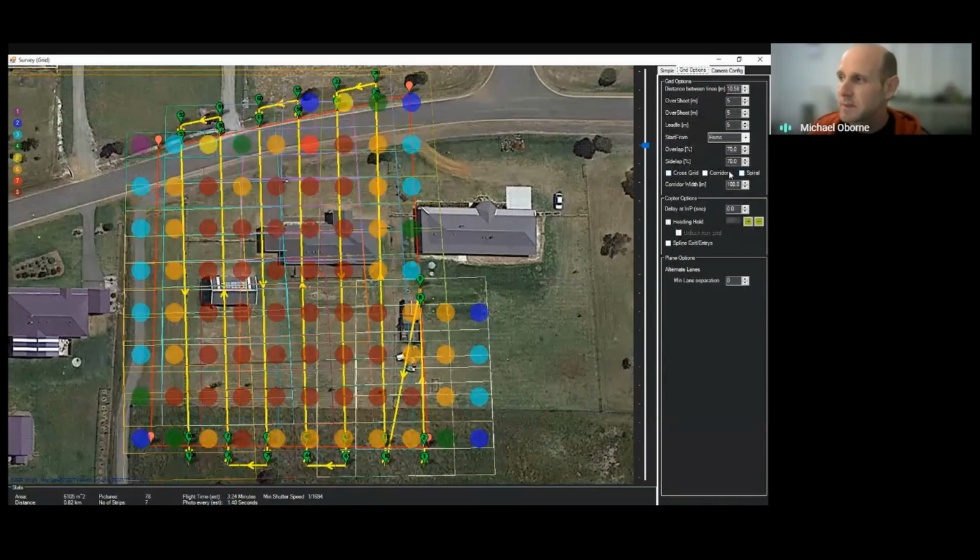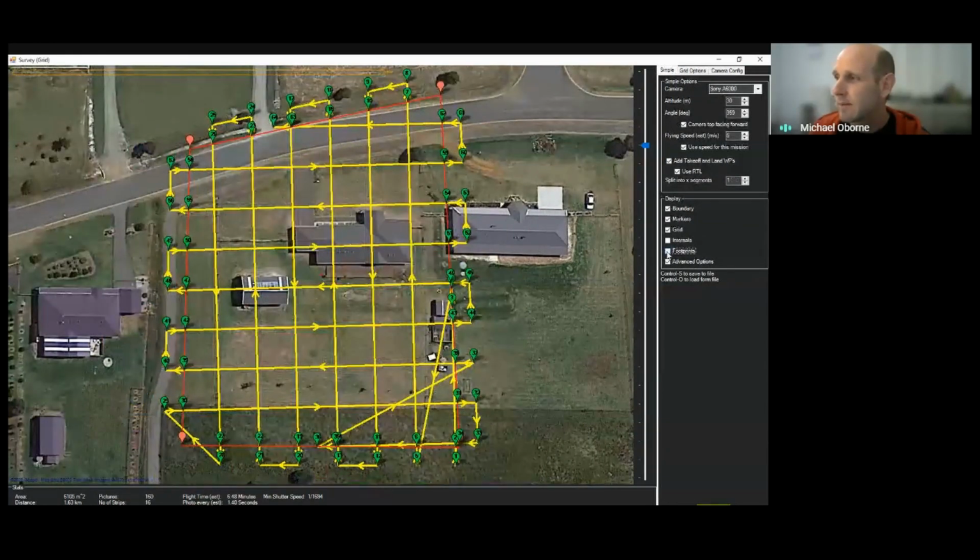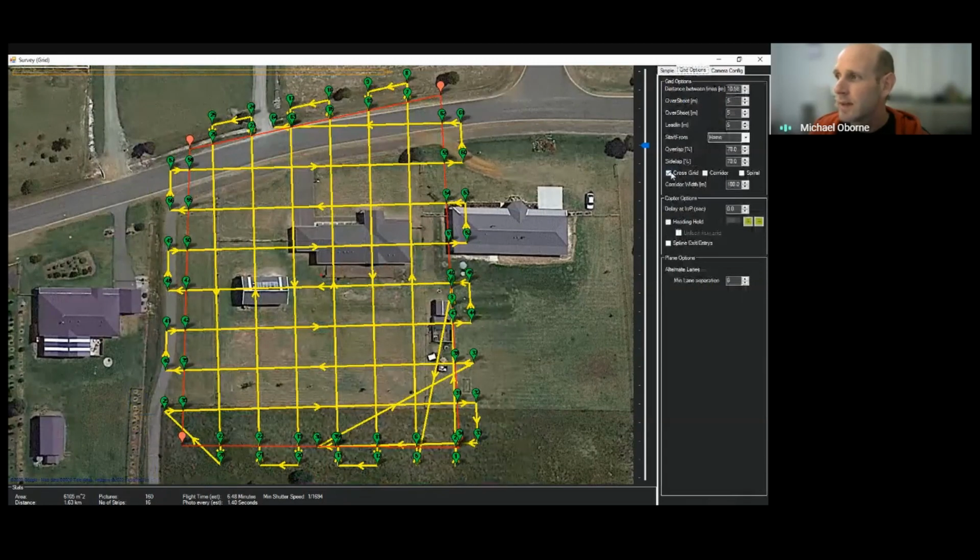The 3 options are 3 tick boxes. So this is what I was talking about before with the different types of grid. This is what you get with a normal grid. The next one is an option to enable a cross grid. What it does is it will fly north to south, like in my sample here. Turn on cross grid, and it will actually fly north to south and east to west. I'm just going to quickly go back and turn off footprints to get rid of that, so you can see that more clearly. So as I turn it on,